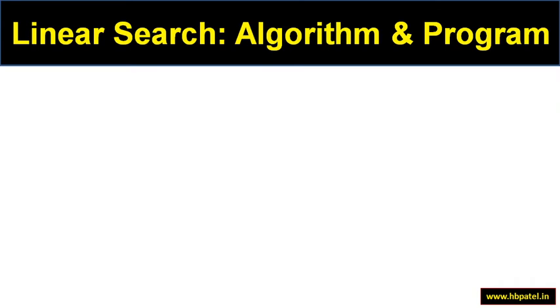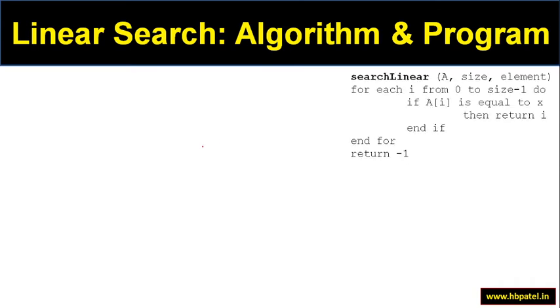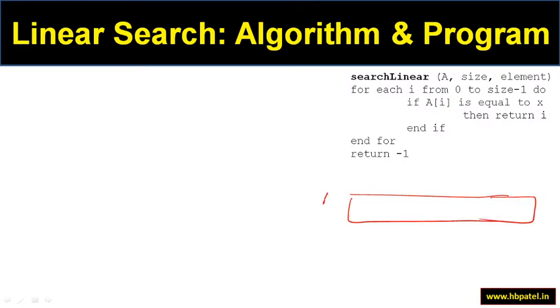Now let us try to understand the algorithm. The algorithm is very simple. All you need is just three different things. First is the array itself, let's say array A. Supposing the size of the array is, let's say, 8. So the second thing is the size, we are going to pass 8. And what exactly do you want to search? Let's say you want to search 24, so element equal to 24.